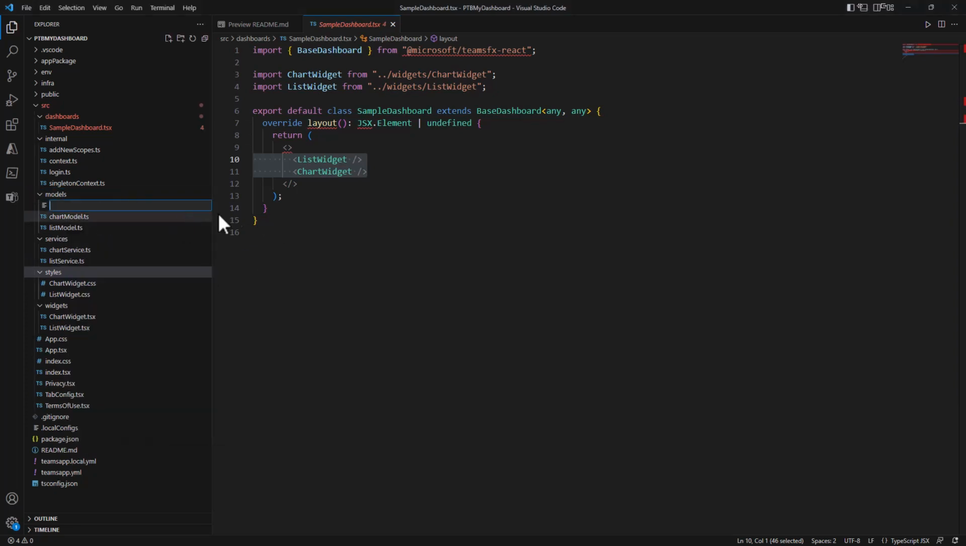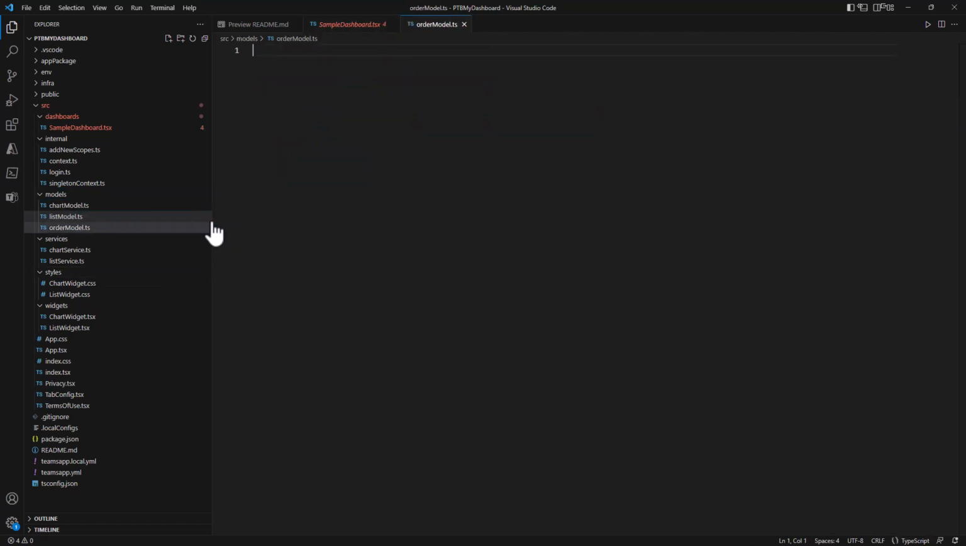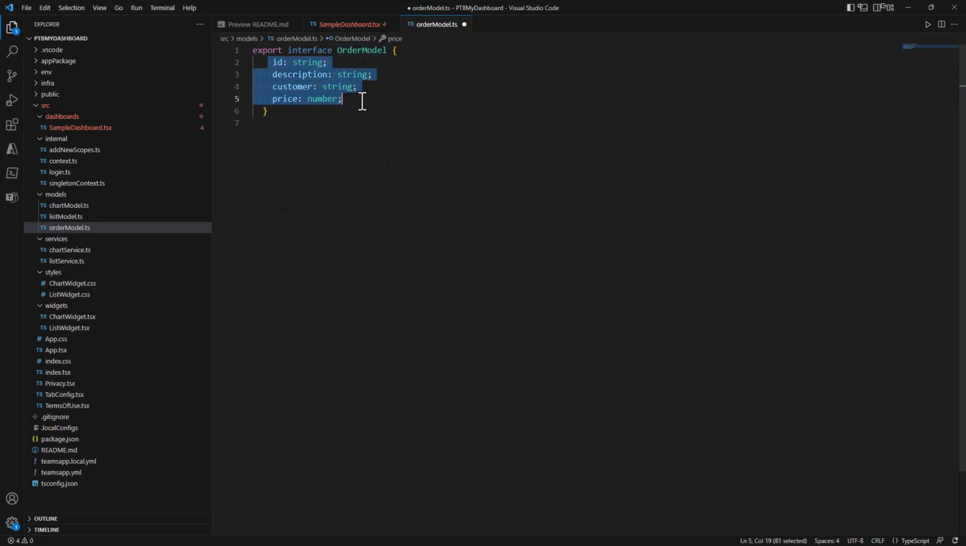We can create a new TS file called orderModel.ts, and in this file we can define how an order will look like. In my example, an order will be made of an ID, a description, a customer, and a price. Once we have the data model, we can then create a service. So the service will be defined under the services folder, and it will be the file called